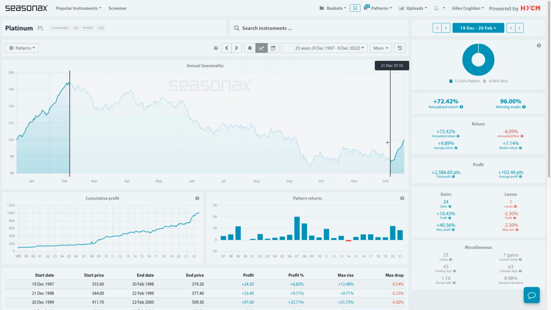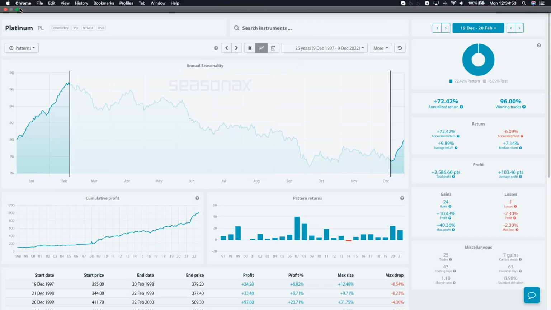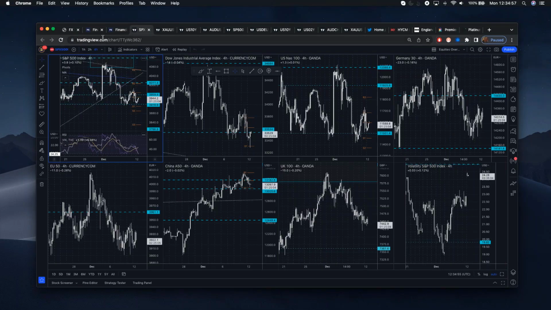So just look out for platinum. If we have a reason for a weak dollar outside the Federal Reserve, then buying platinum around the turn of the year does make a lot of sense. So just watch out for that. We'll be looking at the Federal Reserve as we go through what to expect for the week ahead.